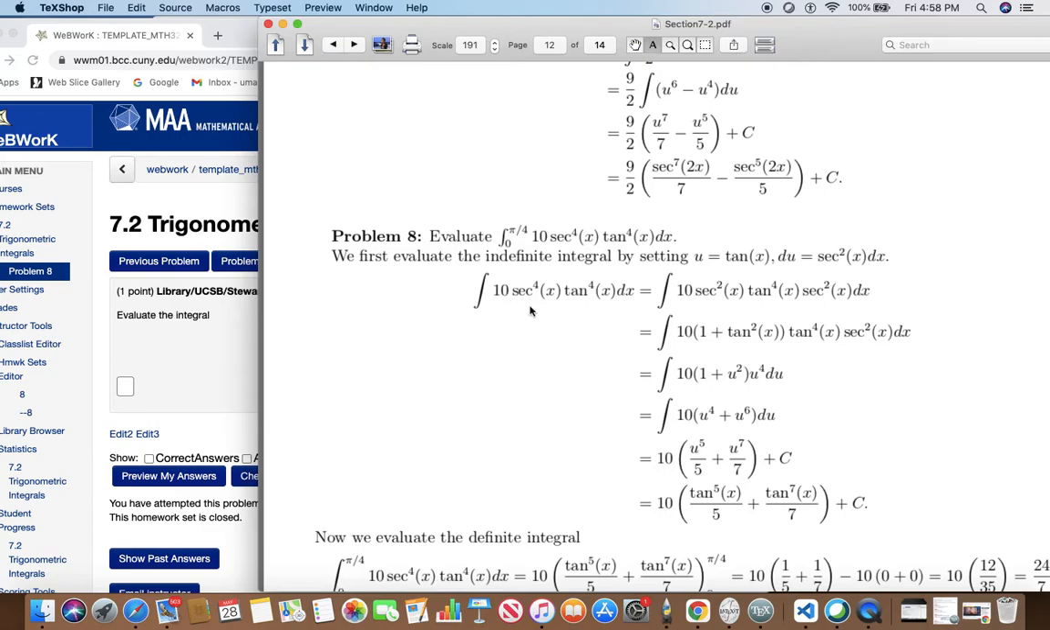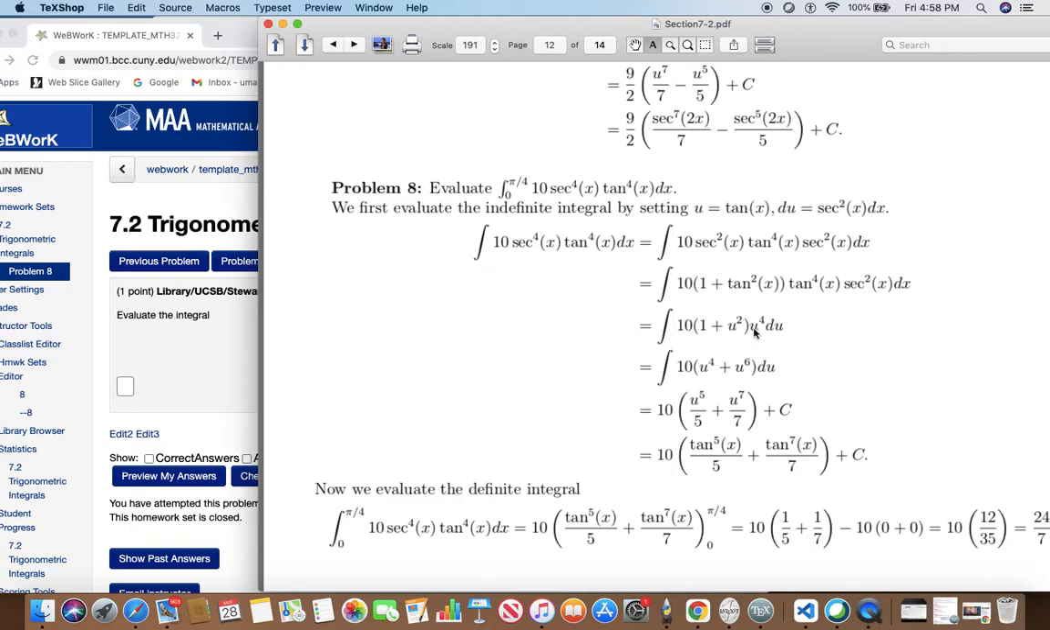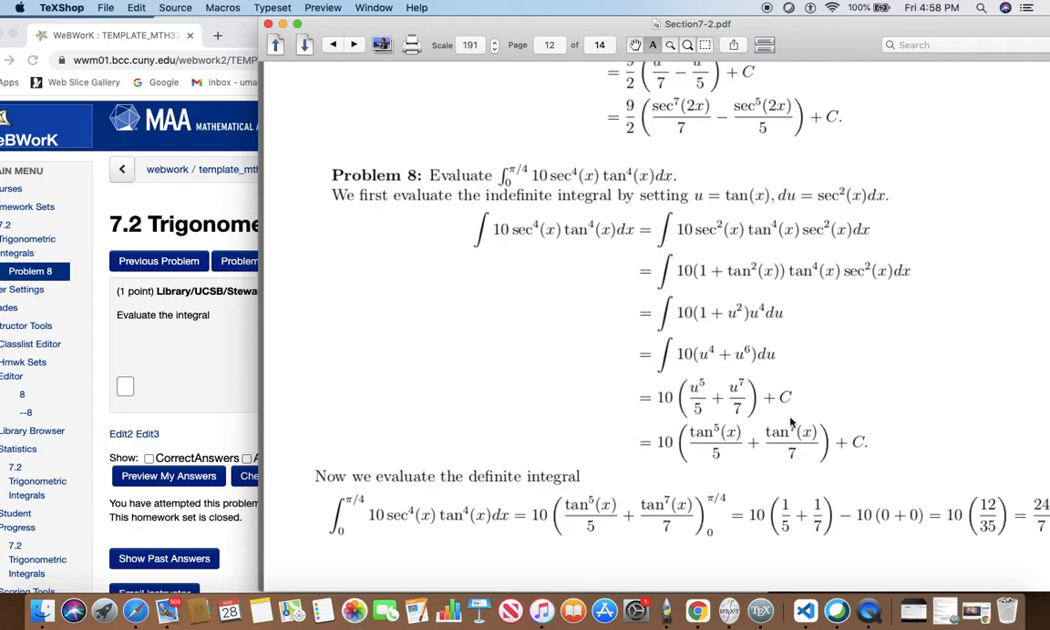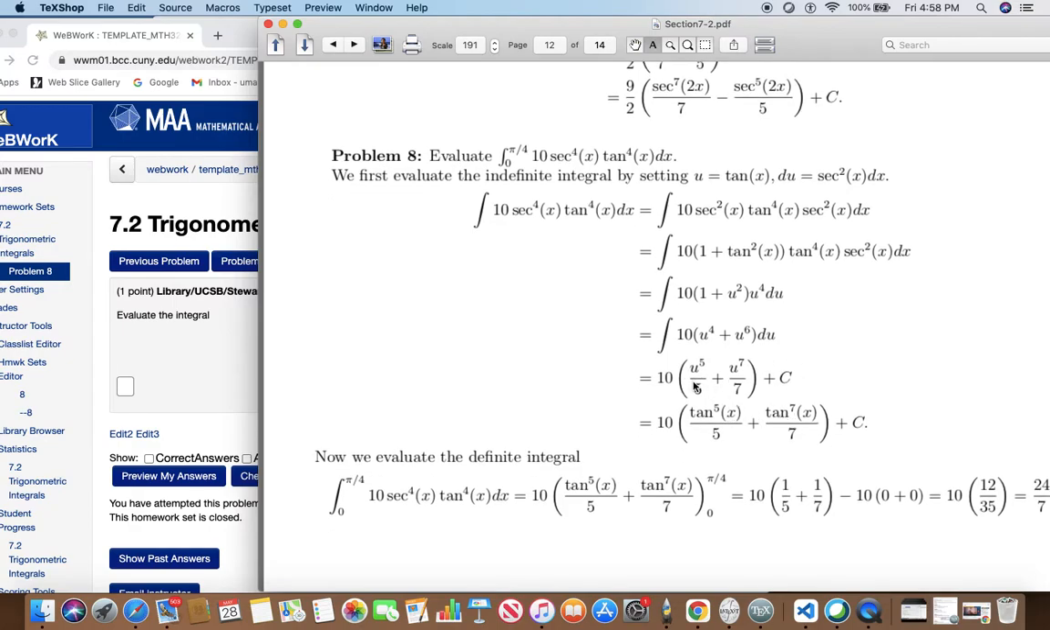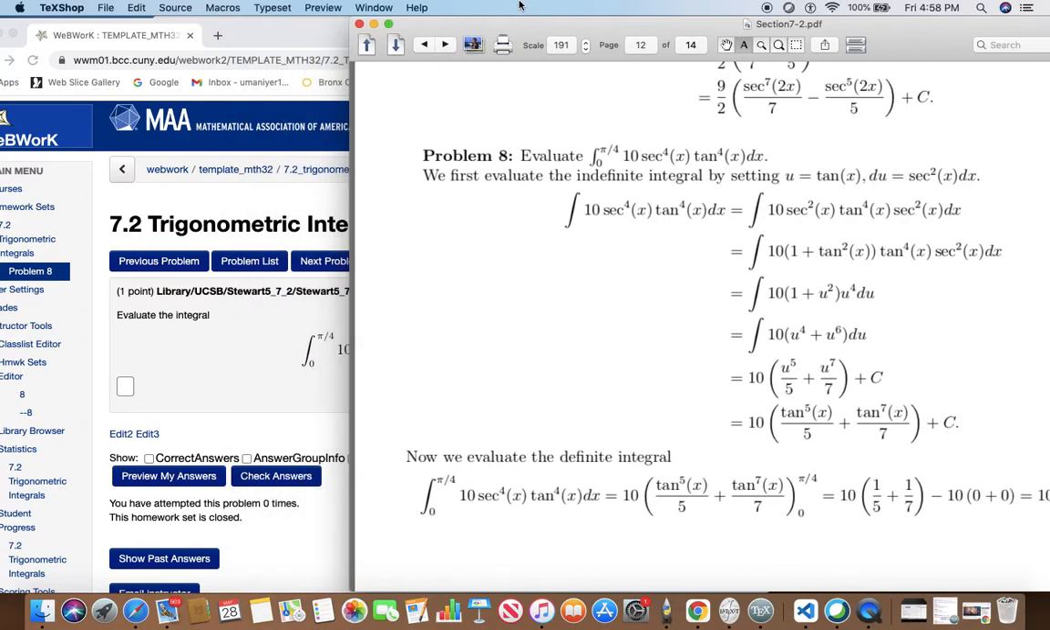So the integral of 10 secant to the 4th power x tan to the 4th power x dx is the integral of 10, 1 plus u squared, times u to the 4 du. Distribute the u to the fourth. 10 is outside. Integral of u to the fourth, integral of u to the sixth, plus a constant of integration. Do not forget to resubstitute. U is tan x. So the final answer is tan to the fifth power x,